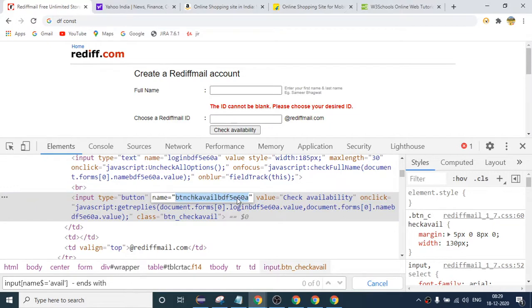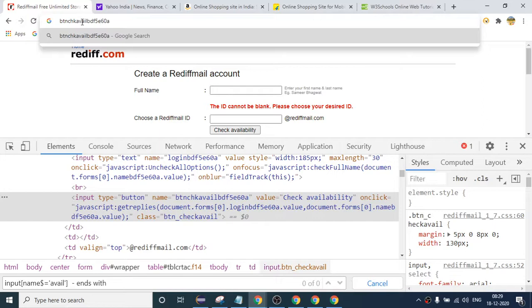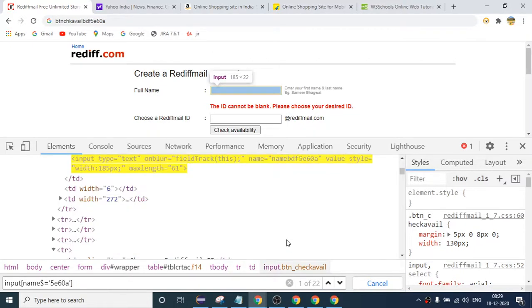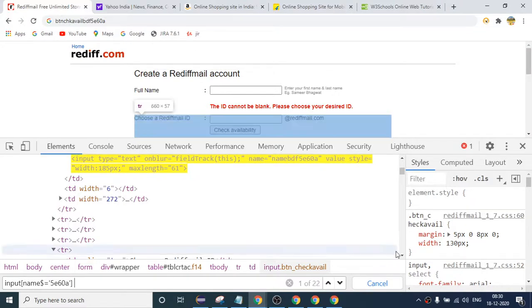I am just assuming that this part keeps on changing and this part will remain constant every time, so I will say ends with this. Okay, you can see there are many numbers here which are ending with this value, right?